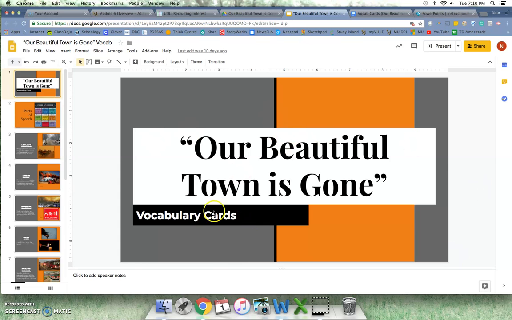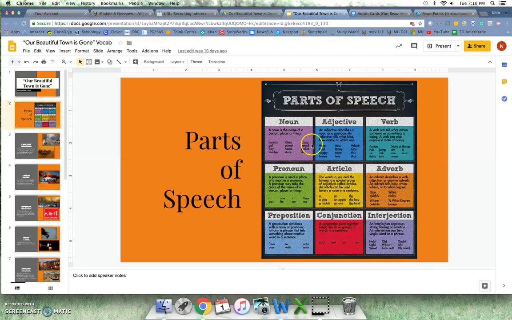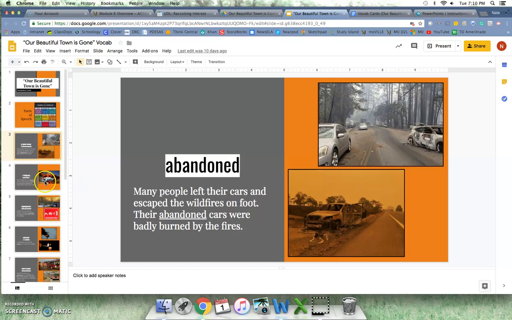So this will typically be our title, and then we have vocab cards here, and then we give the kids a part of speech poster. We will normally put this inside of a Nearpod, so they'll have access to moving through each of the different words, so they can go back and revisit these slides when they want. But looking at some of the slides specifically,